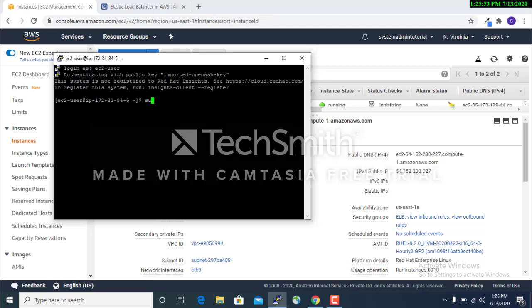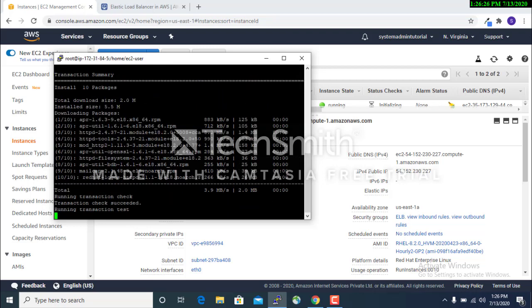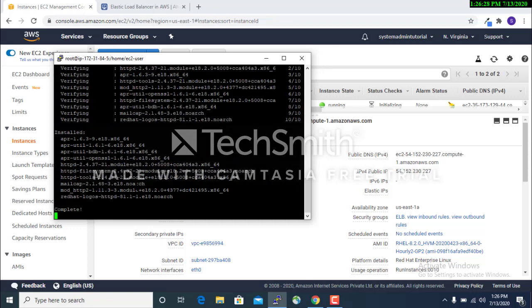Go to the super user by using sudo su. Now you have to configure Apache on this server, so you have to install the httpd service. You can see my packages are installing. Once the packages are installed, we will go to the configuration mode. Everything is installed.